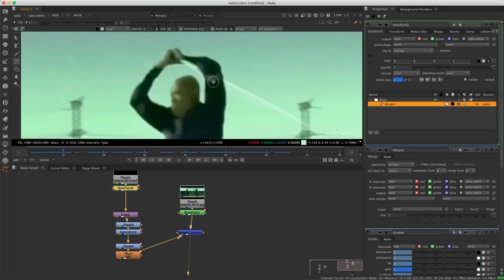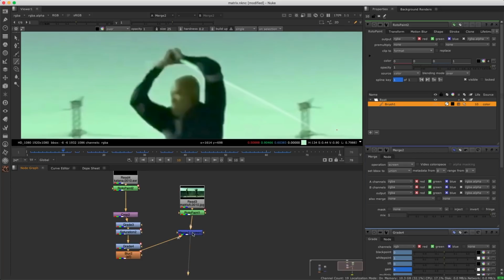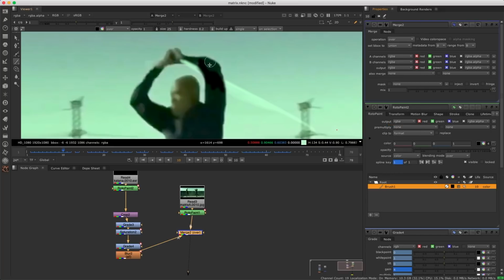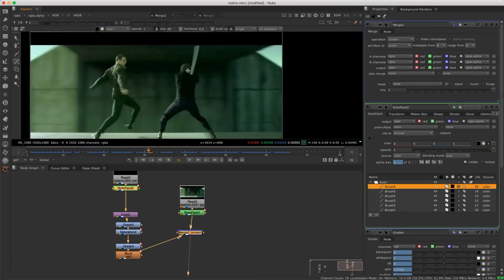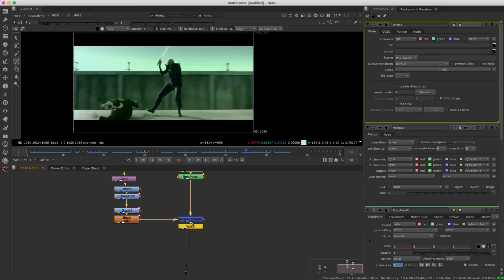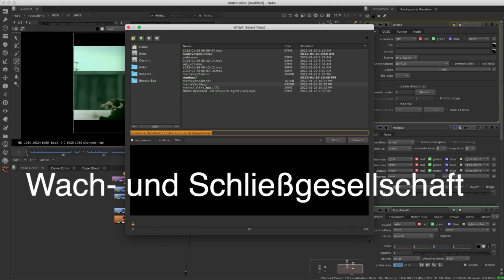So if we take a look at the paint itself, what I did, this is the plate and with the paint, it's this. If I revert my merge node to over like it was before, you will see the difference here. I put it in over and now you see there's a black spot here. We don't want that. That's why I put it to screen. Fast forward here, this takes about, I don't know, a few minutes. It's not very long because I don't need to do all the frames. I am done. So now I'm going to create a write node by pressing W, like in